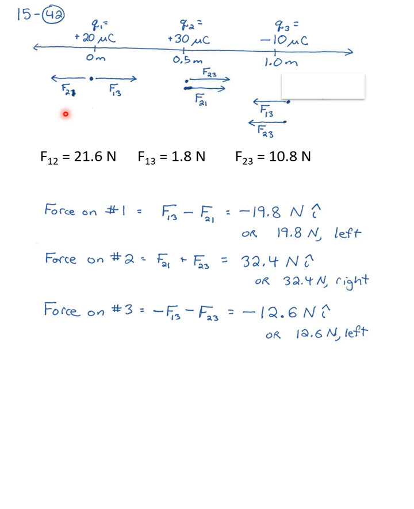I'm calling the force of 3 pulling on 1 positive, just because by convention going to the right is the positive x direction. So that's positive, force of 2 on 1 is negative, and we get negative 19.8 newtons I hat,